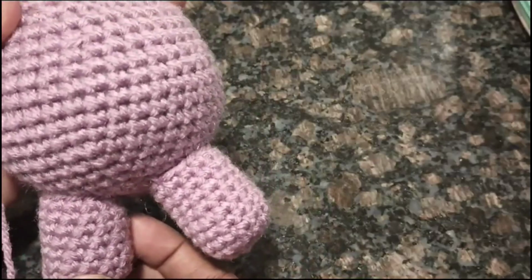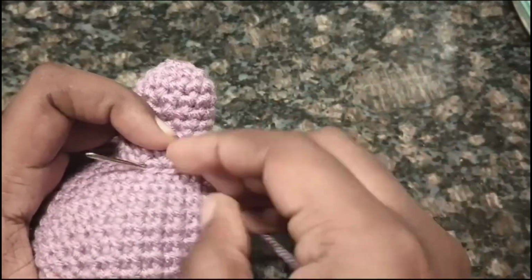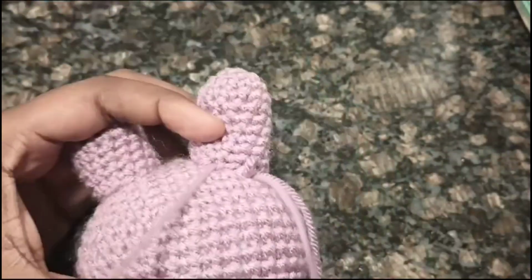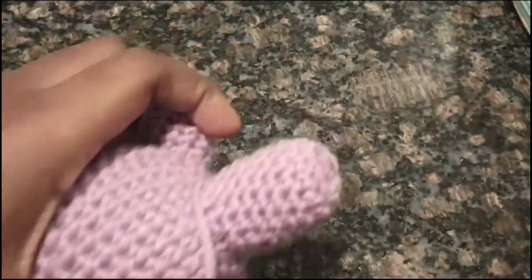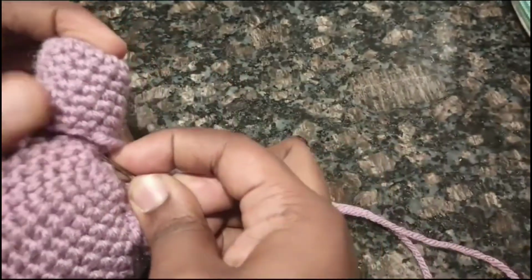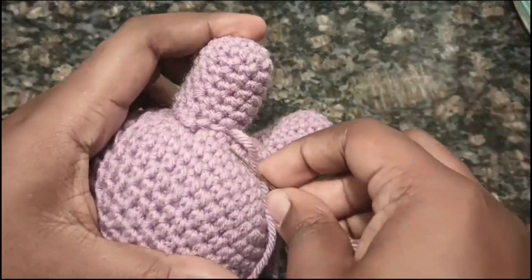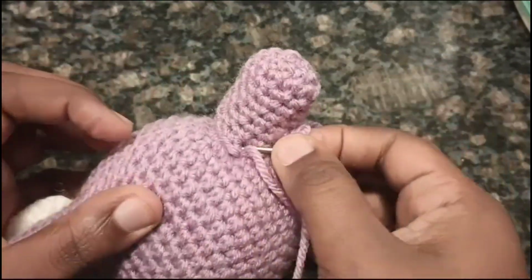I want mine right there. Okay, I'm going to try to hold that. And you're just going to go in and sew it in. And to end it off, I go through the